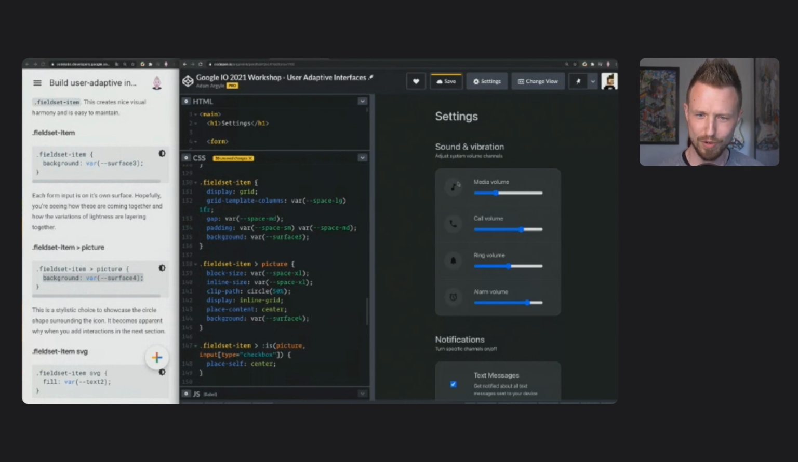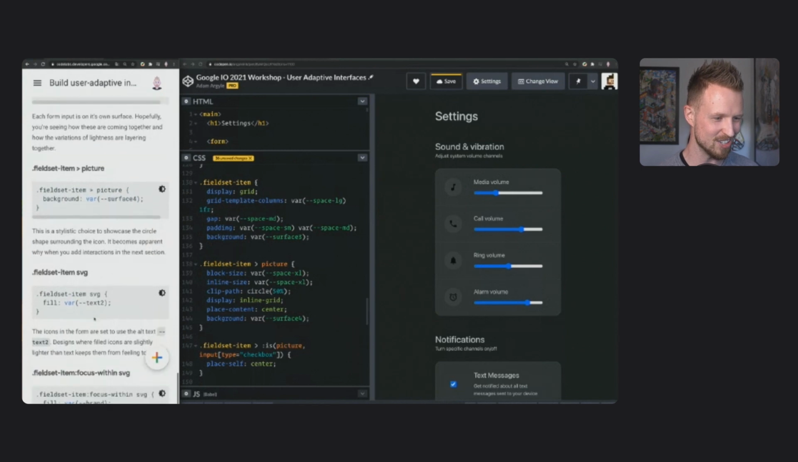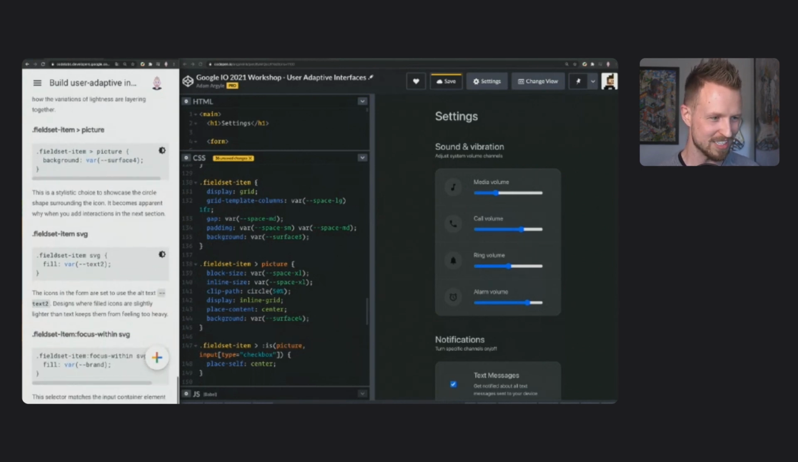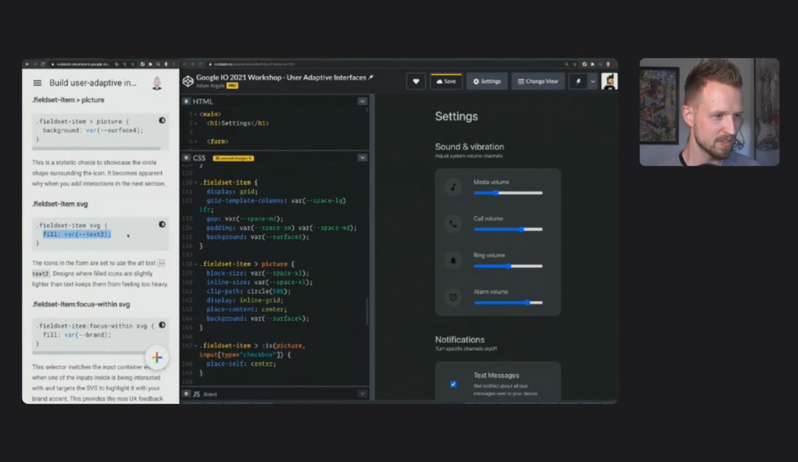Now we've used all 4 of our surfaces. We have one here around the icon, one on the field set item itself, one on the field set group, and then one on the background. So we have 4 surfaces, 2 text colors, and we're just using them all cleverly to make this whole layout. Let's get the field set item SVG